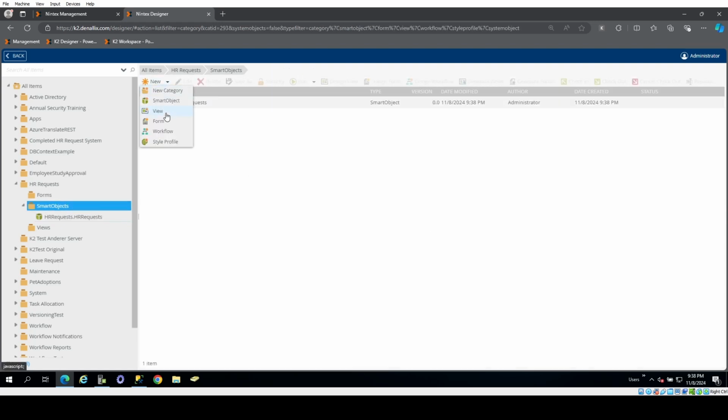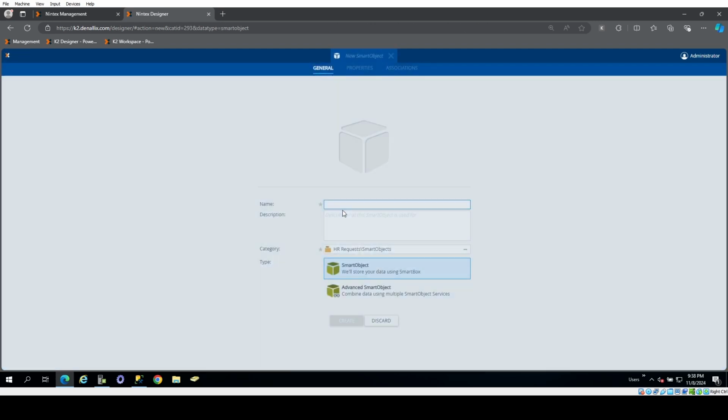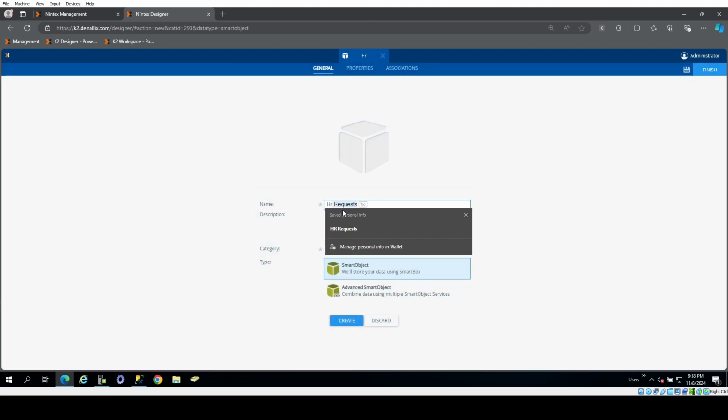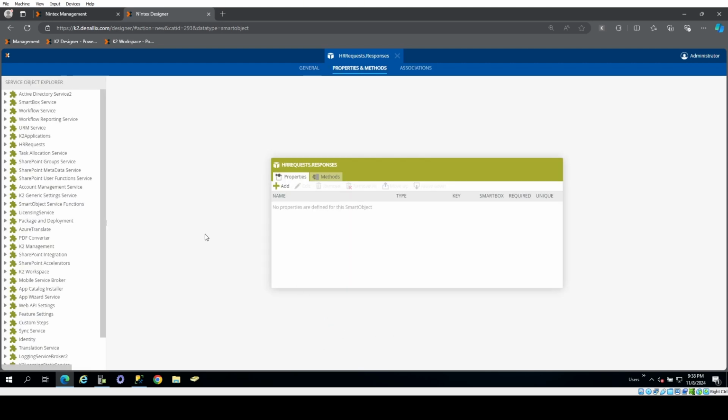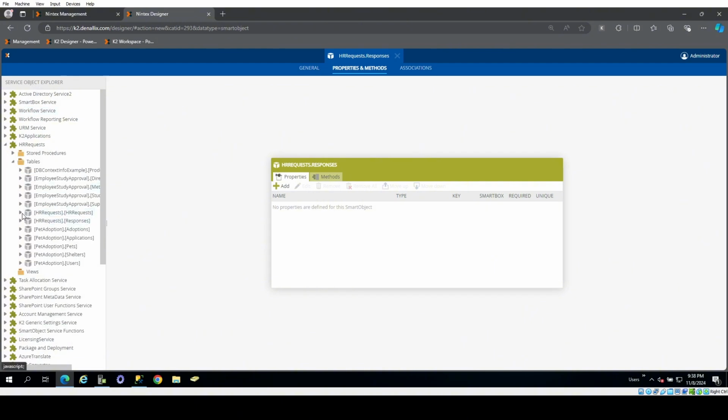So I'll just go back here, do another smart object, HR request. Take that space out, and this time we want the child table name, which we named responses. This will also be an advanced smart object. So I'll click create. From my service instances to the left, I'll find that table. And instead of mapping this out,